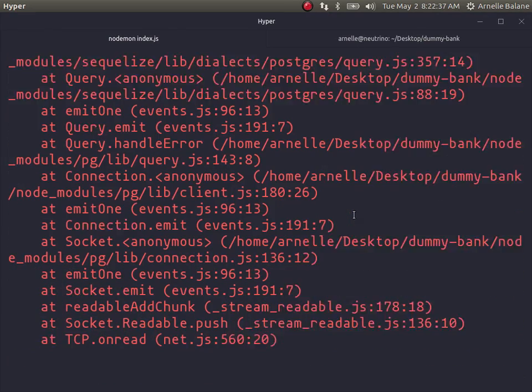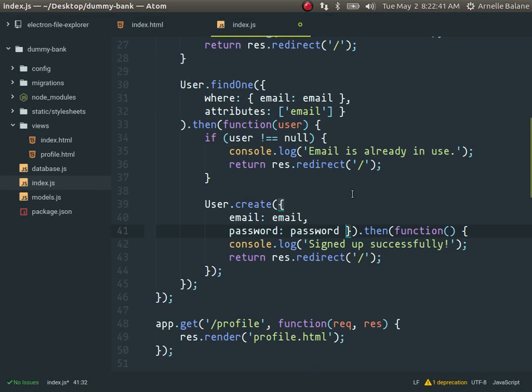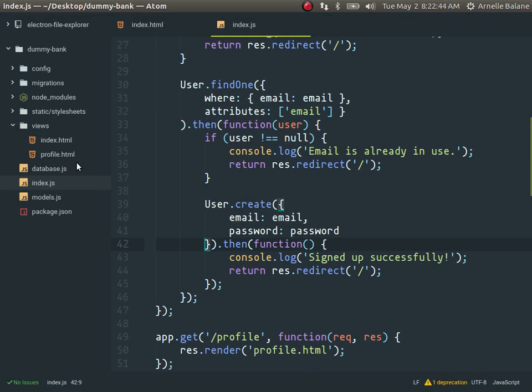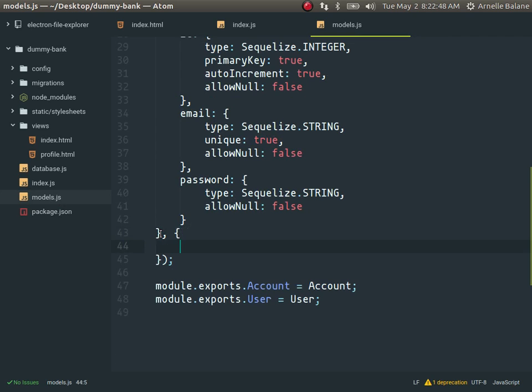Okay, so this is a problem because we didn't add timestamps to the models, which is weird. So add timestamps